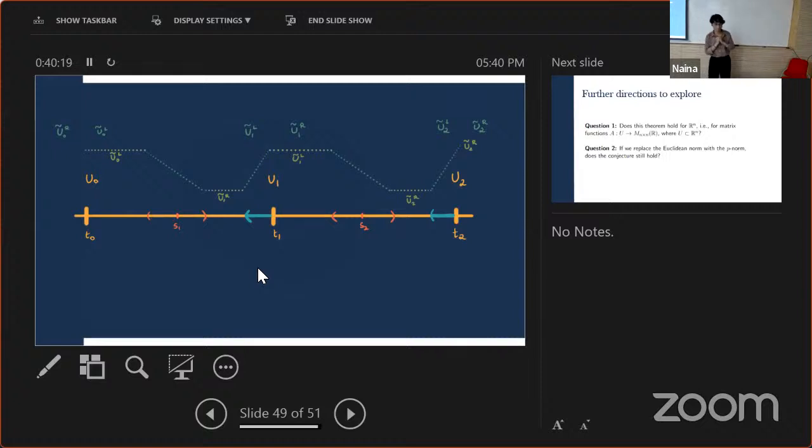I'm sweeping some technical details under the rug, but what we can do is pick a point S1 between T0 and T1. The U0 tildes satisfy well invertibility on the interval T1 to T-1. So as long as I'm within this interval and I'm on this subspace, I have well invertibility. And likewise, for U1 tilde L and U1 tilde R, I'm satisfying well invertibility on the interval T0 to T2. So I want to switch between the two of them, and in order to switch is why I split them into two orthogonal spaces.